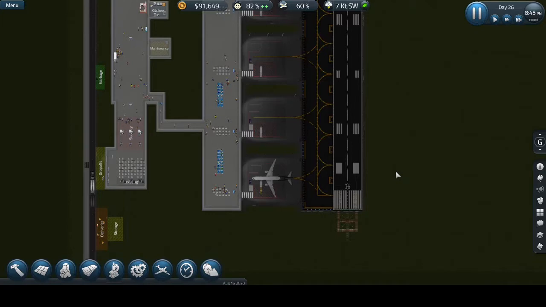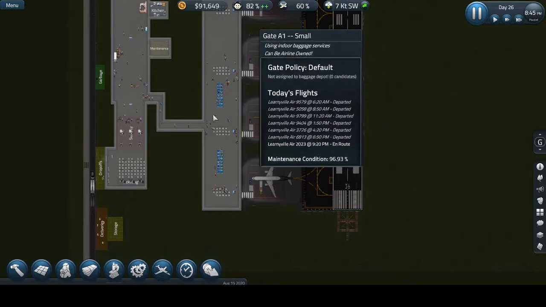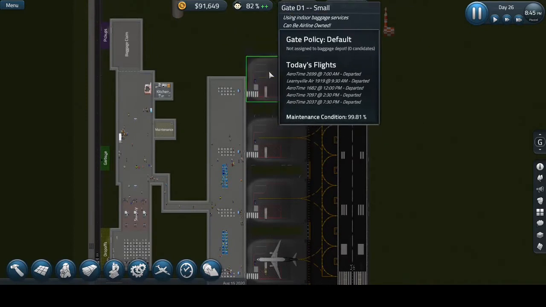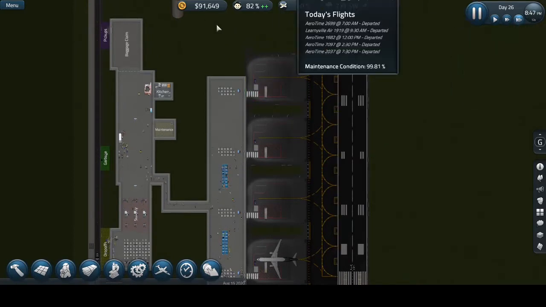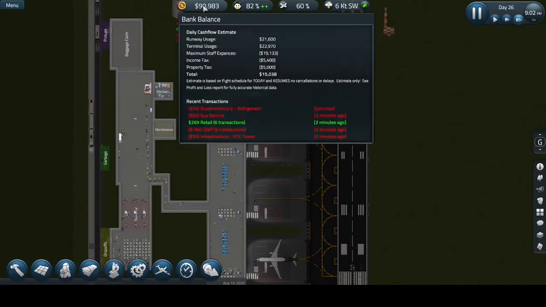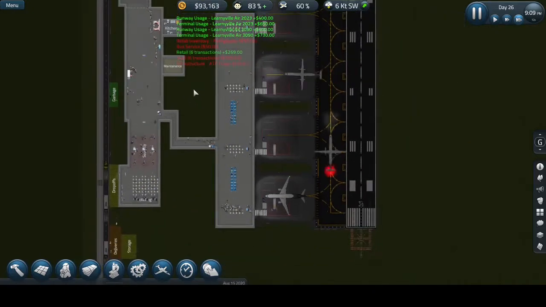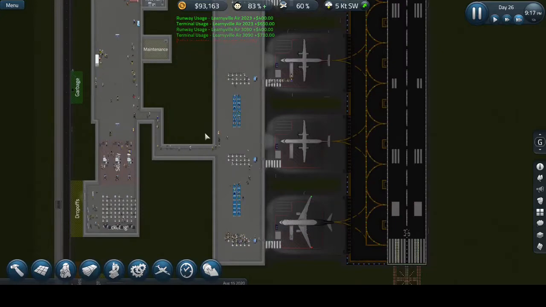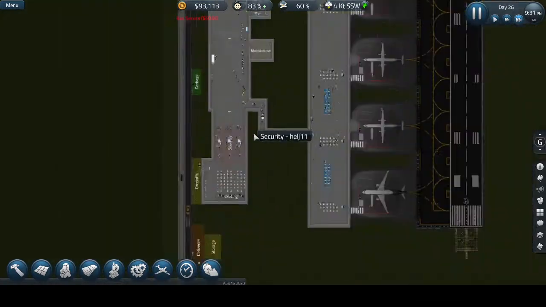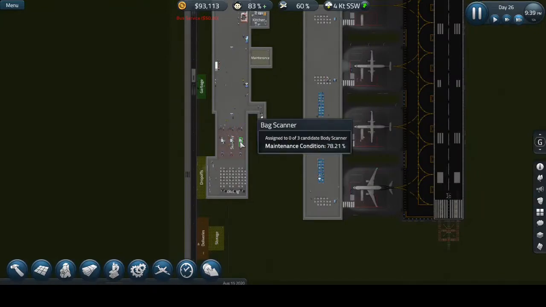And today we are going for some more expansions because last episode we made this fourth gate and we are earning a lot of money. And let's put it to some good use, right? So, since everything is working nicely and nothing is causing any problems,